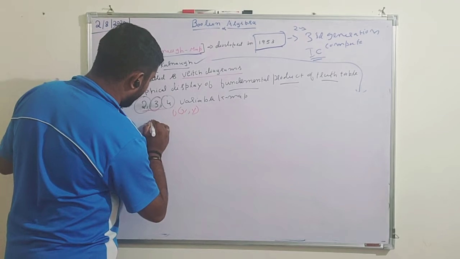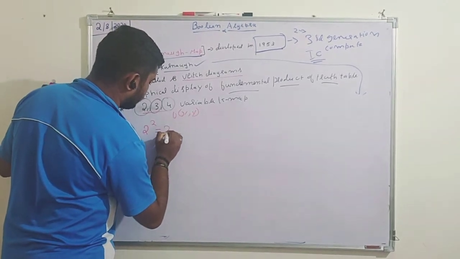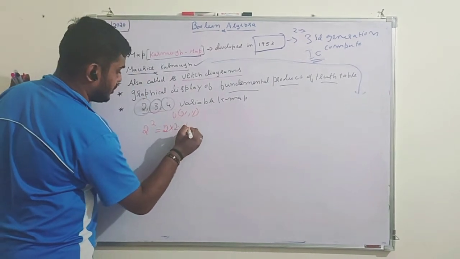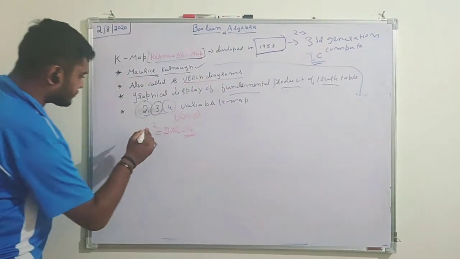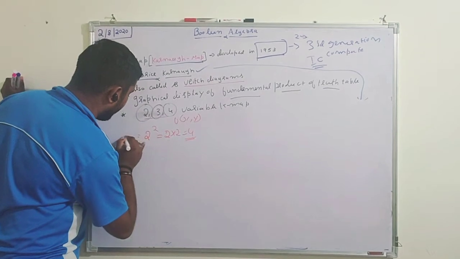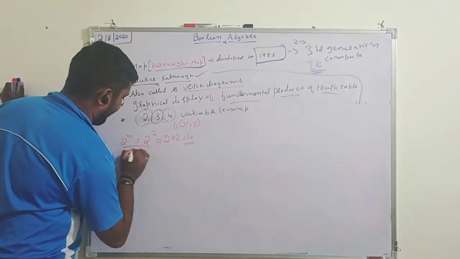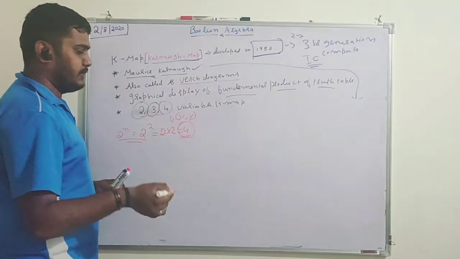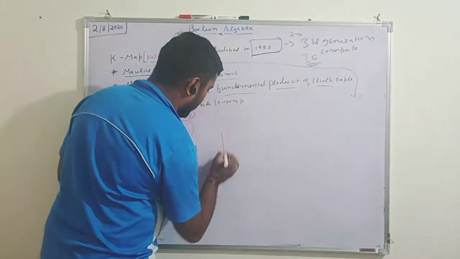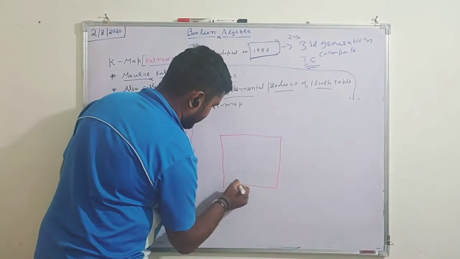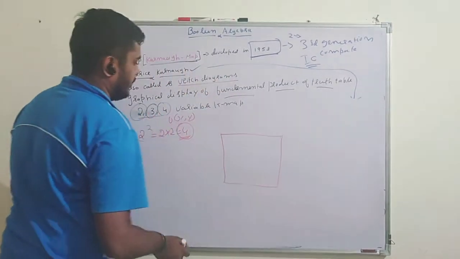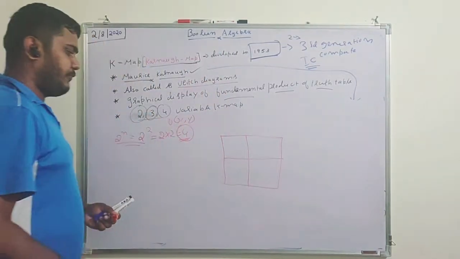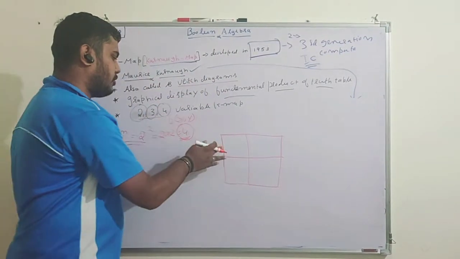So what is this 2 to the power of 2? Which is equal to 2 into 2, which is equal to 4. Next, here what is the formula? 2 to the power of n. So we should draw 4 squares inside a rectangle. So let us draw a square. I have got 4 boxes, right? 4 boxes. First work is done. I am drawing this square.